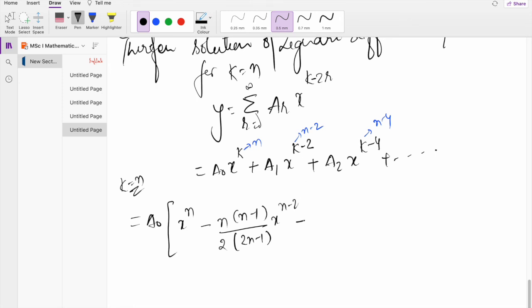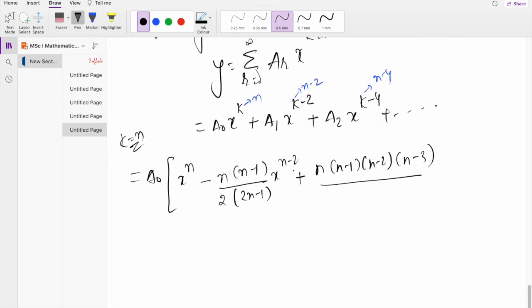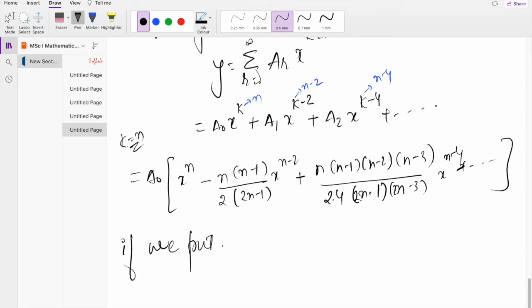Plus the third term, which is (n minus 1)(n minus 2)(n minus 3) upon 2 multiplied by 4, (2n minus 1)(2n minus 3), x to the power n minus 4, plus. So this will be a negative term and so on. If we put a naught as 1.3.5 up to 2n minus 1 upon factorial n,